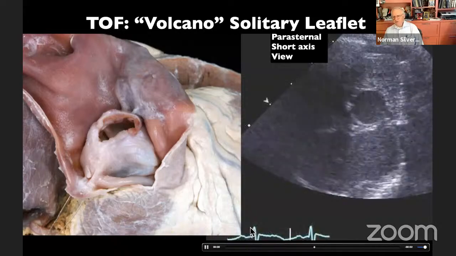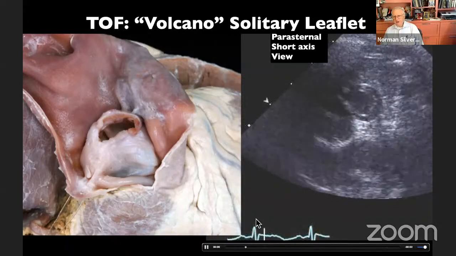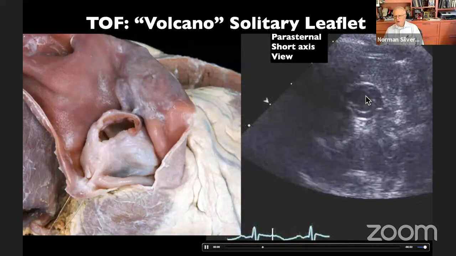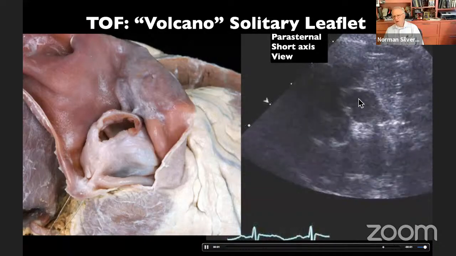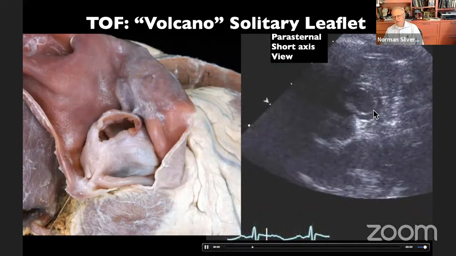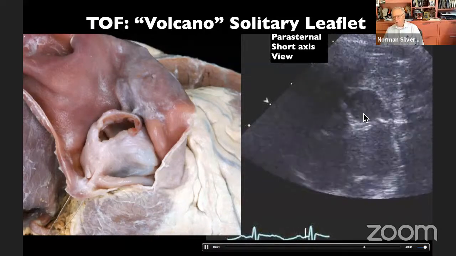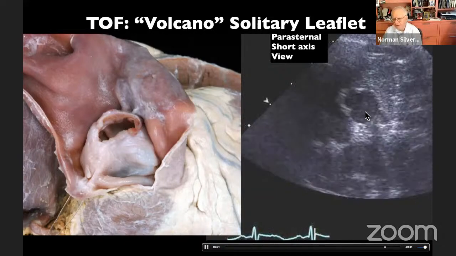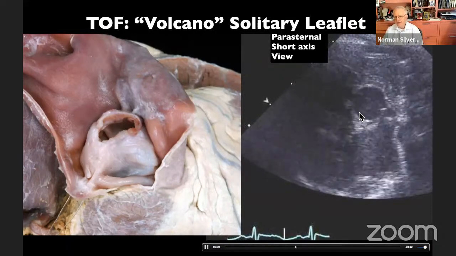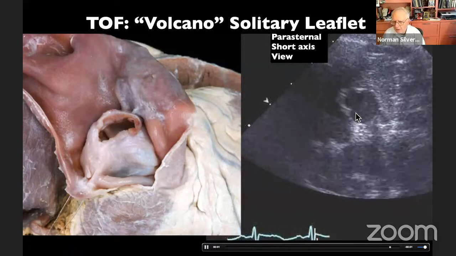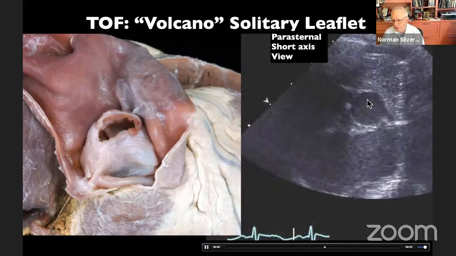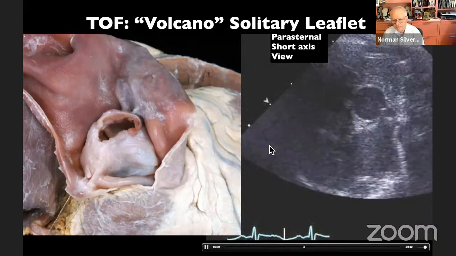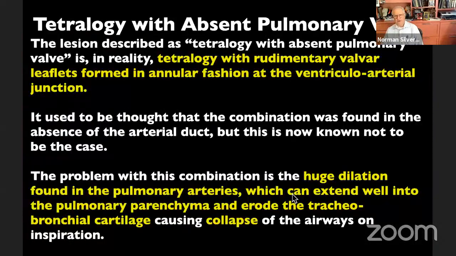And of course, if this needs to be incised, it does interfere with the integrity of the valve. But as you see from the size of this over here, the surgeons can put a Hegar dilator in this and dilate up this annulus reasonably well, so that they don't need to destroy the valve if it fulfills the criteria for putting a Hegar dilator in the pulmonary valve to a certain size compared to the tables that they have in surgery, and then the valve leaflets are left alone, as it was in this case.